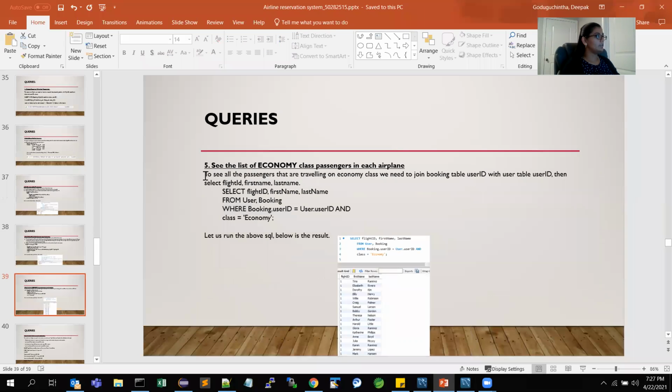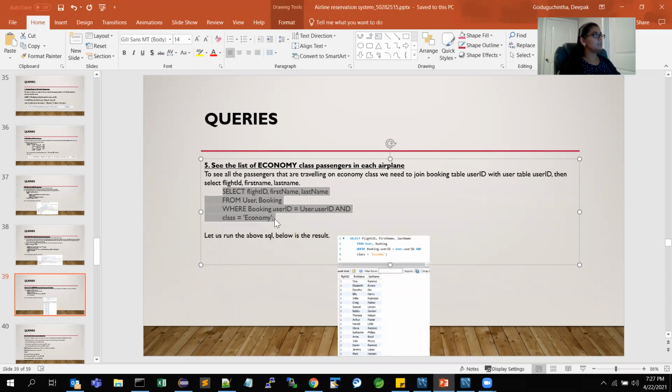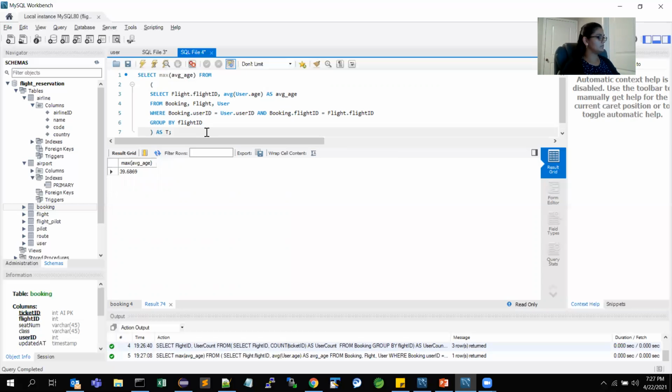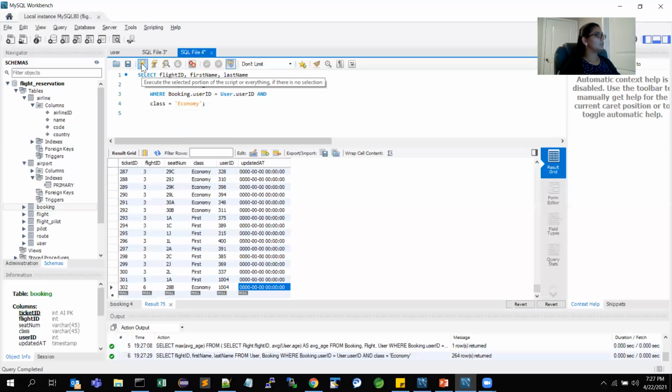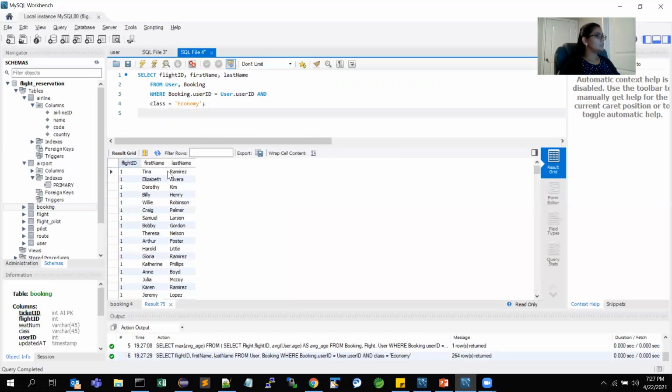The next query is to see the list of economy class passengers in each plane. So this is the list of economy passengers in each plane. This is the flight ID, you can see. And this is the first name and last name of the passengers.